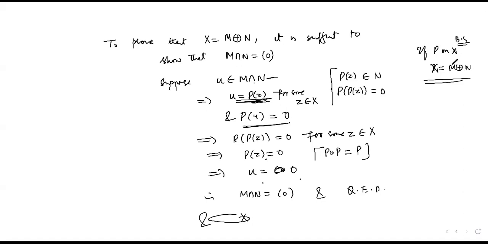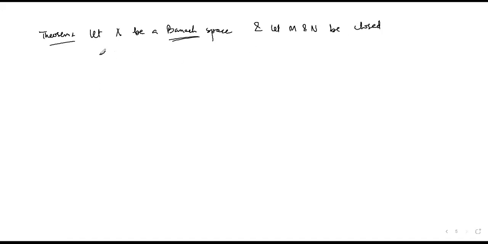So answer is yes, provided M and N are closed subspaces and X is a Banach space. तो वही हम इसका converse एक तरह से करेंगे. It's not exactly converse but some converse जैसा. Now let X be a Banach space. अब इसमें complete होना जरूरी है, मतलब Banach is important, and let M and N be closed subspaces of X